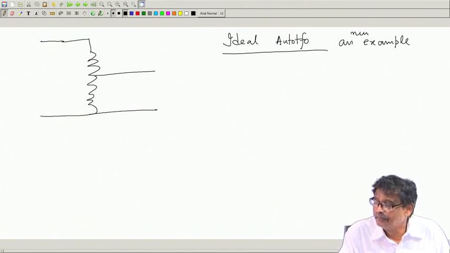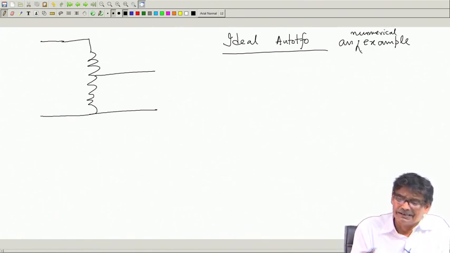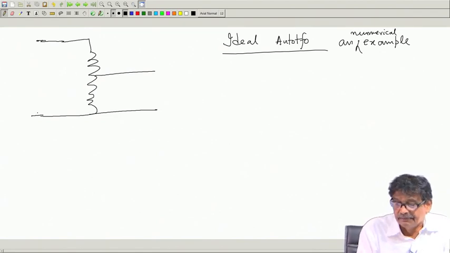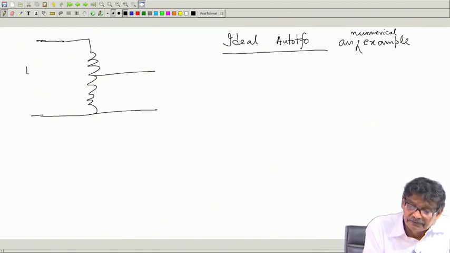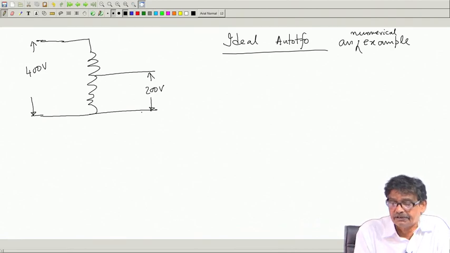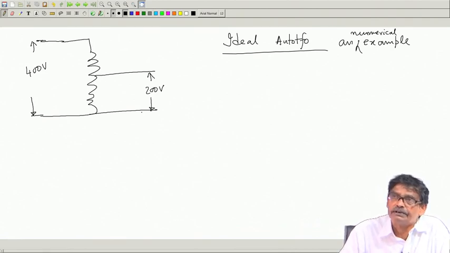Numerical problems. Winding impedances are neglected, core losses are not there. We will discuss this slightly later. Suppose I say it is 400 volt, I will apply here. A problem is given, it is 400 volt, and suppose it is 200 volt. I tell that the transformation ratio is such that 400 to 200 volt,